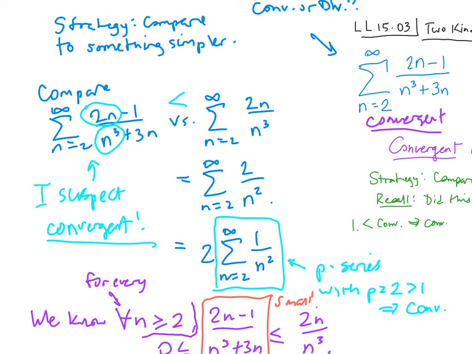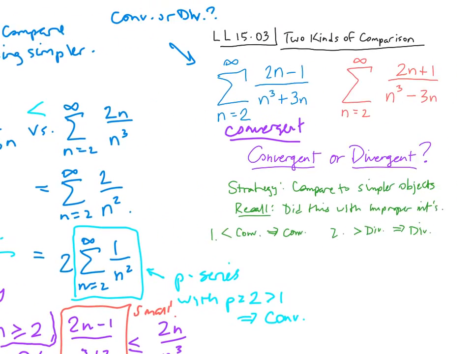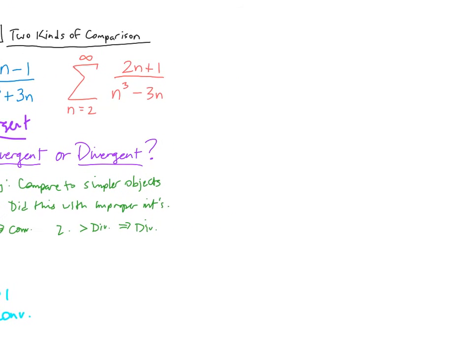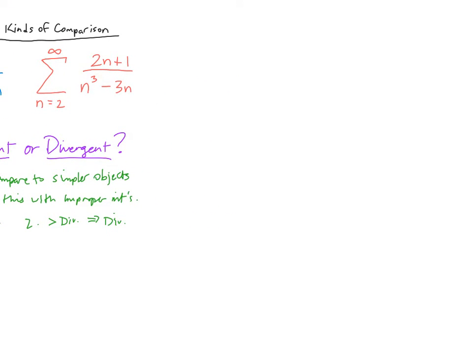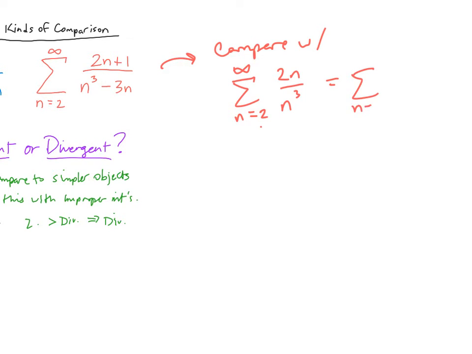All right, so now let's move on to a slightly harder problem. What about this one? (2n + 1)/(n^3 - 3n). Now, I hope that at this point you are thinking, well, I would really like to compare that with something simpler. And the something simpler that most immediately appeals to me, I don't know about you, but again, it looks like that 2n is the most important piece on top, and in the denominator, the most dominant piece is the n cubed. So again, this is the sum from n equals 2 to infinity of 2 over n